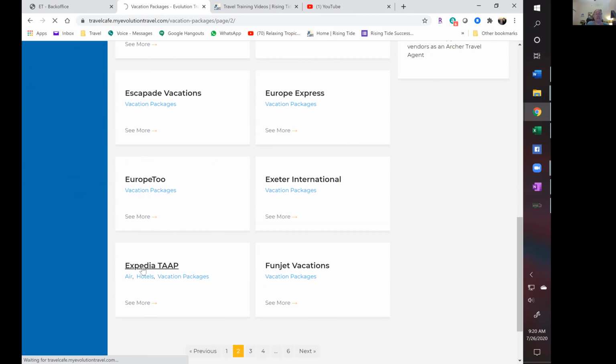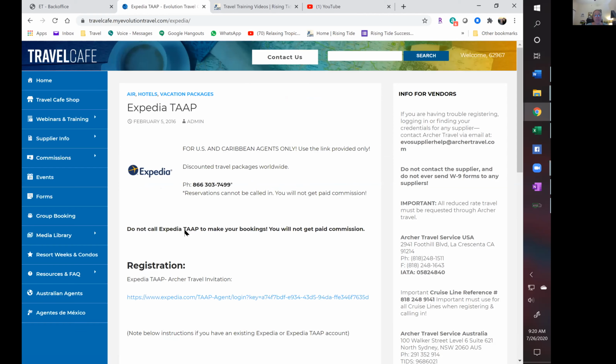By doing that, it's going to take you directly into the vendor information on how to register or any additional information they have. So Expedia TAP, you'll notice, is for US and Caribbean agents only. Use the link below or provided only. The reason we always suggest that you go through the Travel Cafe to register with your vendors